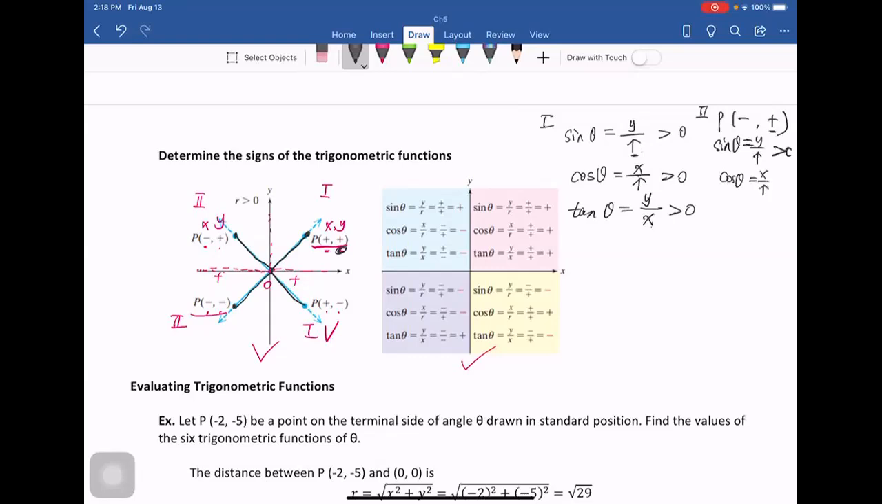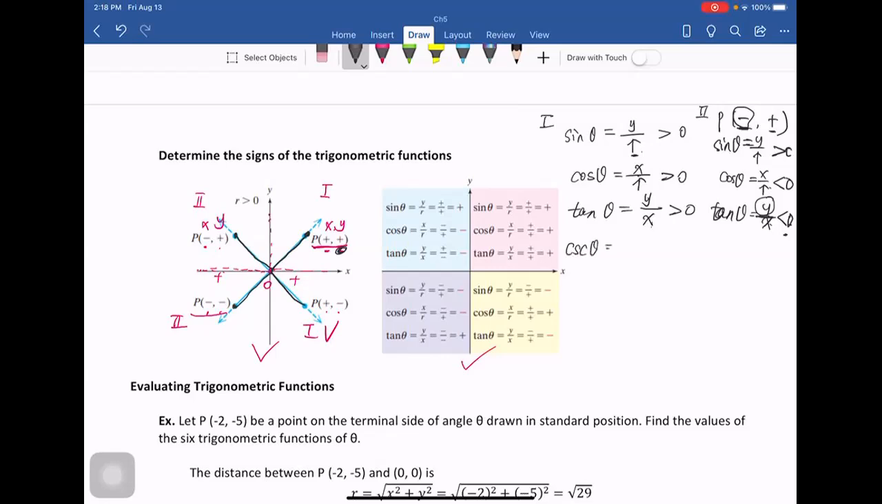X over r is negative because x is negative. So tangent theta equals y over x is negative because x is negative, y is positive. So the division is negative. So you don't need to memorize the other 3 trig functions, because